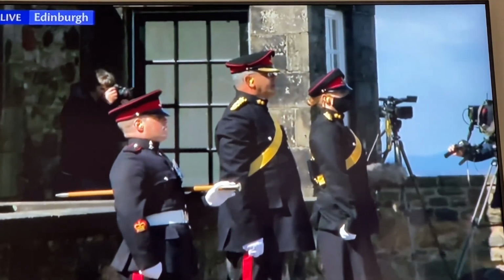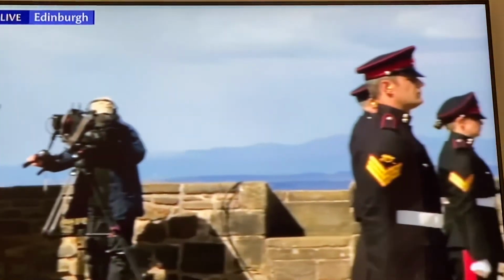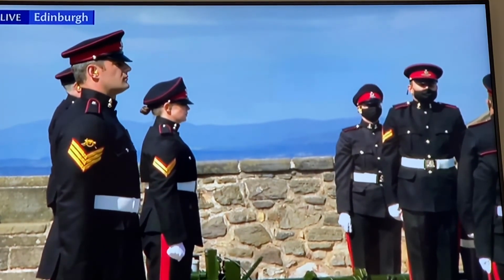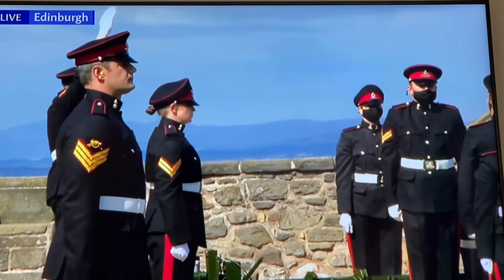And just two to his left, this is Lieutenant Rachel McElwraith, Miss McElwraith Monday to Friday, because she's an additional needs support teacher in Livingston. She is counting the rounds today to make sure that everything is kept to very, obviously, military precision here today. And just in front of Lieutenant McElwraith